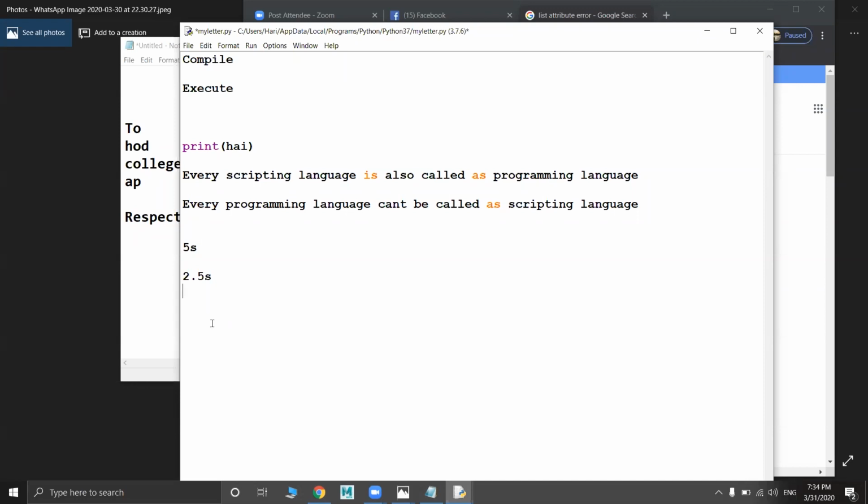See guys, just remember, I am hearing a lot of things in the market that there is no advanced Python concept. Python is an open source tool. That means whenever you say open source, you can use it free of cost. And when you use it free of cost, there are no advanced concepts. Python is a single programming language. It is not like Java. Java was previously owned by Sun Microsystems, and now it is acquired by Oracle.